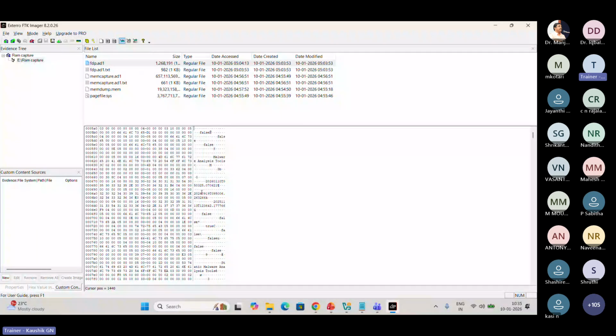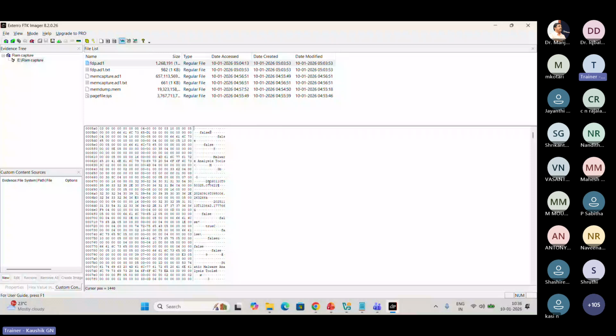And in the physical imaging, you can retrieve the deleted data also. You can retrieve the data which are deleted from the recycle bin also. Permanently deleted, you can retrieve. The only thing you can't retrieve is the replaced, overwritten data. Yes. This is how the data will be captured.